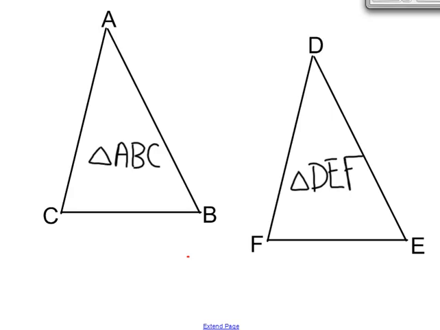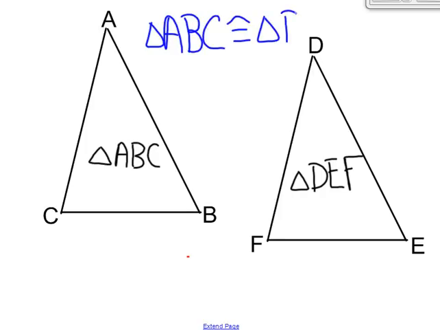Okay, let's go ahead and bring it all together and bring it to a close here. And then we'll start working in the workbook. Okay, I've got two triangles here, ABC and triangle DEF. If I write the fairly simple statement here, that triangle ABC is congruent to triangle DEF,